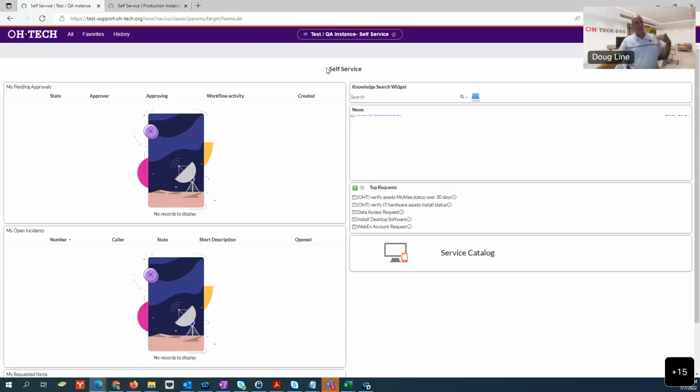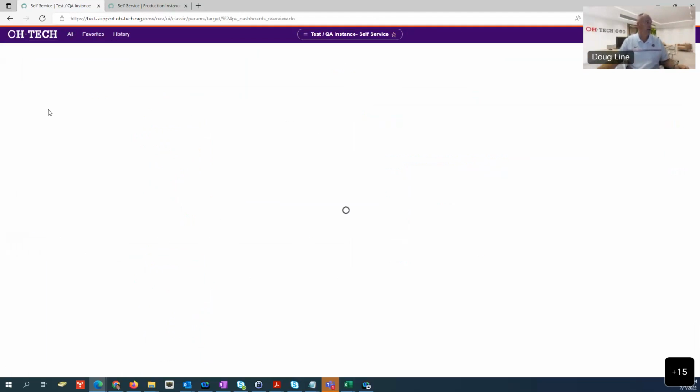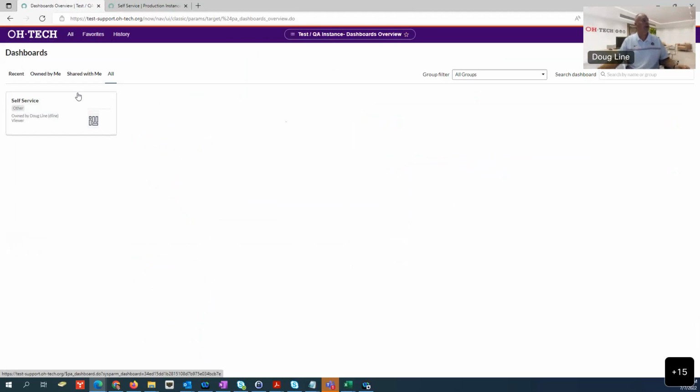So Patty is seeing here a home page. It's not a dashboard. If you remember, when Matt was logged in, that took him directly to a dashboard. And if Patty wants to see that same dashboard, she can go to all, go down to dashboards, and then dashboards,